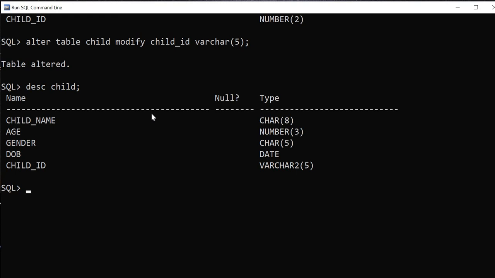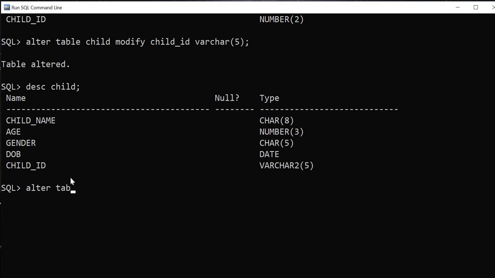Add is used for adding any attribute, and modify is used for either modifying the type of the data or size of the data, that is the attribute. Now we shall check the drop command with alter table. There is a third sub option which is available in the alter table command. Alter table had 3 options. One is add, modify, the third is drop.